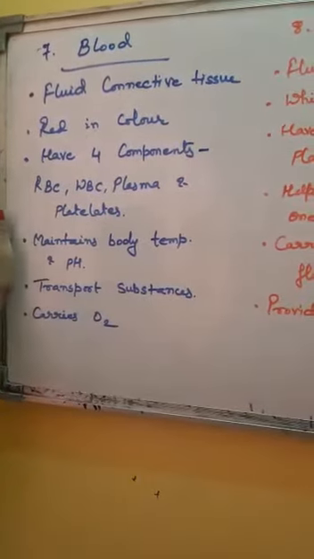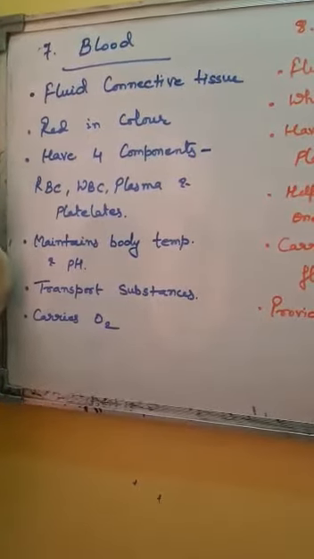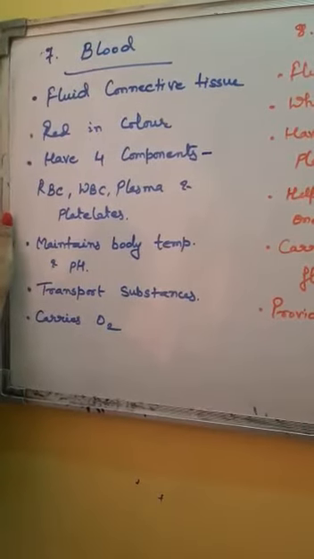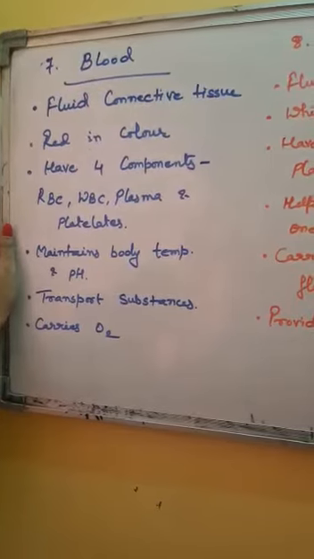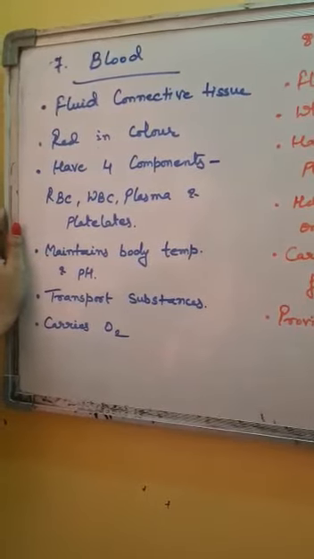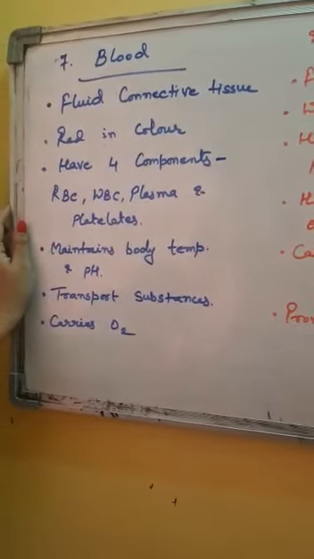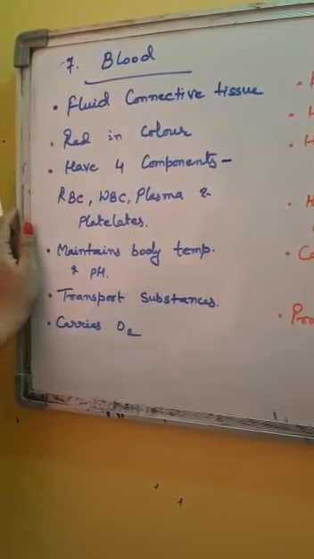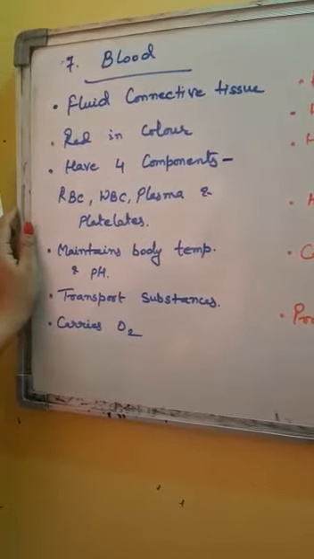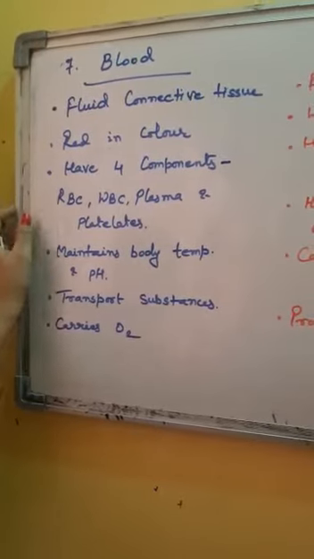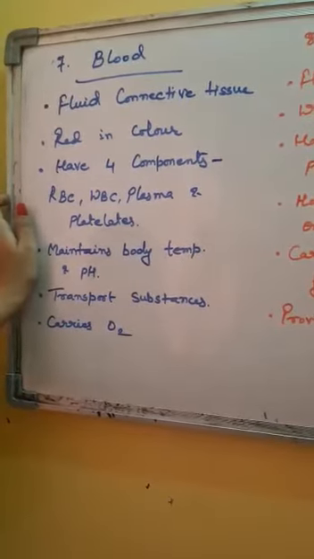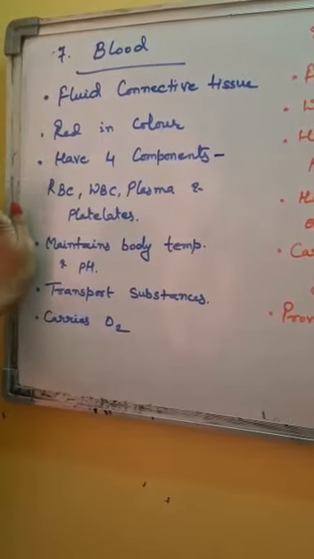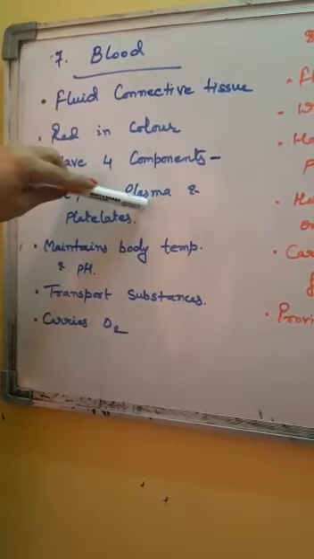The plasma is a light yellow pale colored liquid of inorganic nature. It is straw colored and contains proteins, salts, hormones and various inorganic substances, and in the plasma other components of blood are dissolved. It provides a liquid base to the blood.